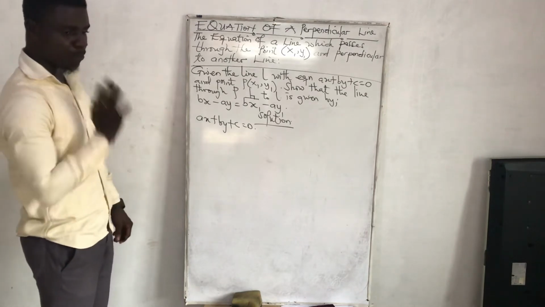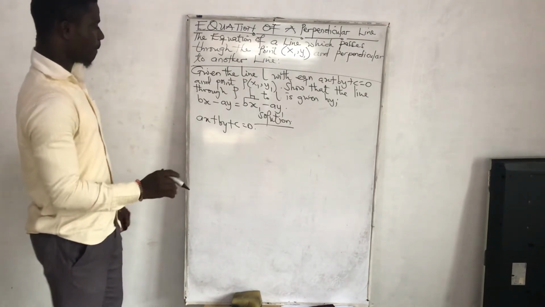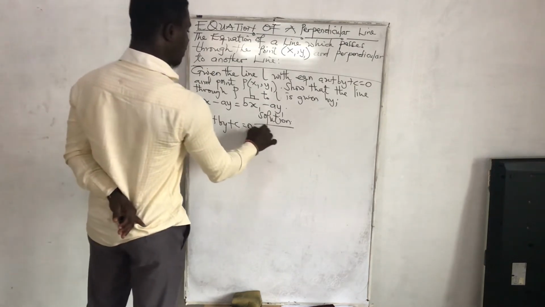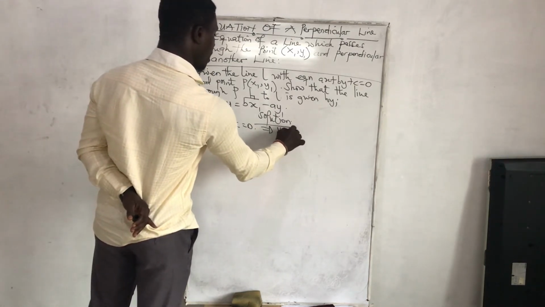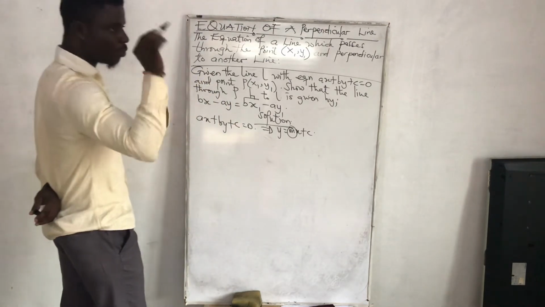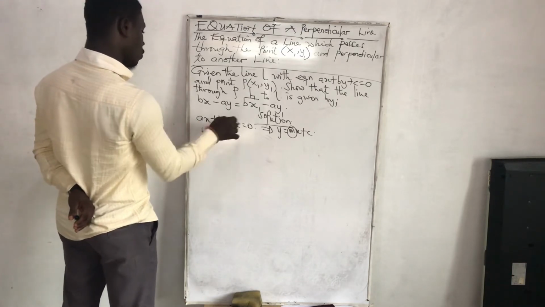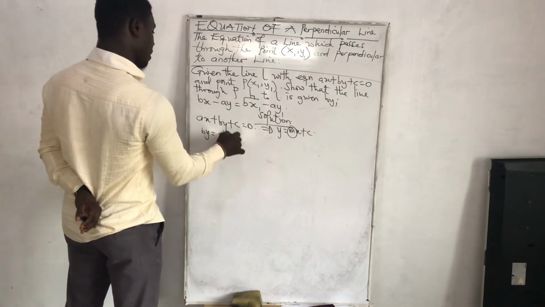Perpendicular, don't forget, the product of their gradients must be equal to -1. So now we want to express this in the form y equals mx plus c. Then we get our gradient, then we take the reciprocal, then we negate that. Alright, so now I have by being equal to, I send negative ax, then negative c,